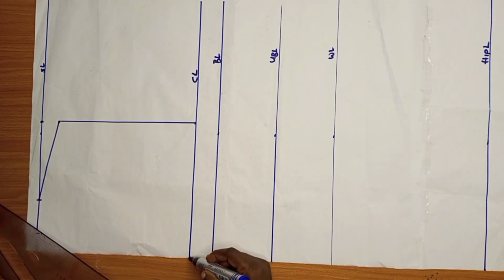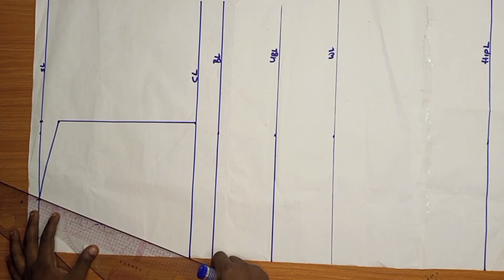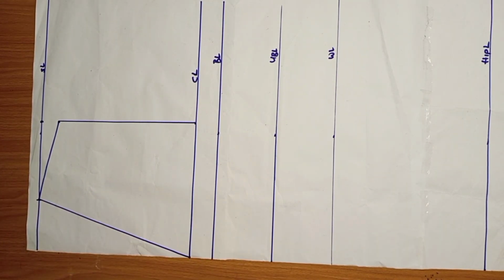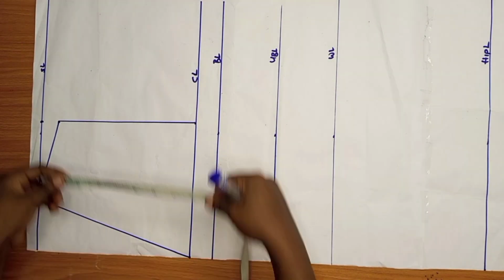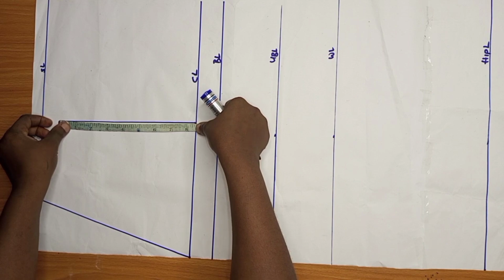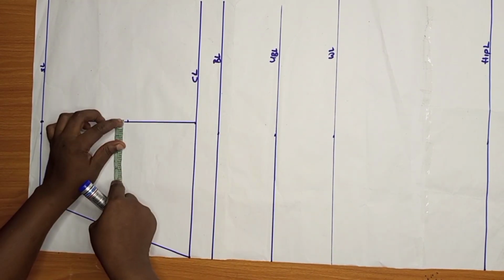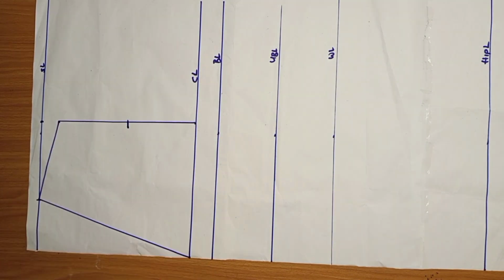Now I'm going to go ahead and connect the neck depth this way. You can actually connect this to your bust line if that is what you want. Now I'm going to go ahead and divide the measurement I have on my armhole area by 2. I'll get the midpoint. From that midpoint, I'll come in by half of an inch,